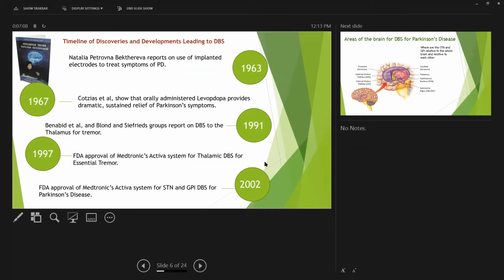But then in 1967, we had the development of levodopa. And we learned that levodopa, which is Sinemet, carbidopa-levodopa, can dramatically improve and relieve symptoms of Parkinson's. Now, with the development of levodopa, all the research and work in the neurosurgical area really came to a stop. And for a while, there was a lull and not a lot of work in that area until people started to learn the limitations of the Sinemet. And so once they started to learn about that, then interest picked up again in the area of deep brain